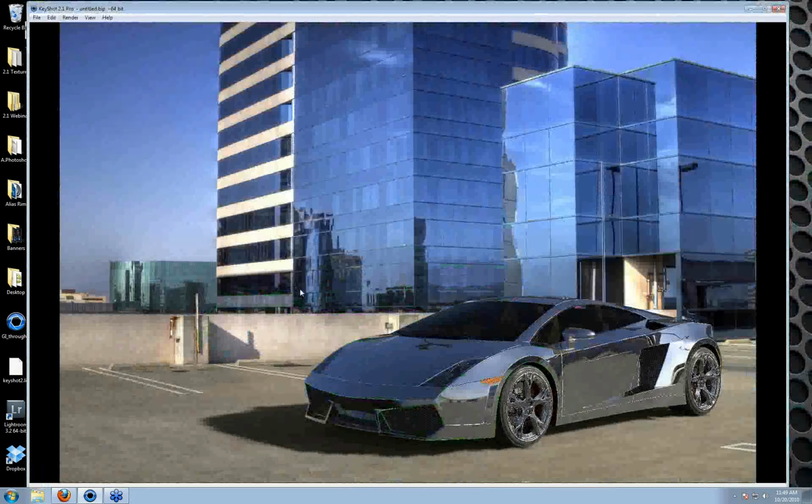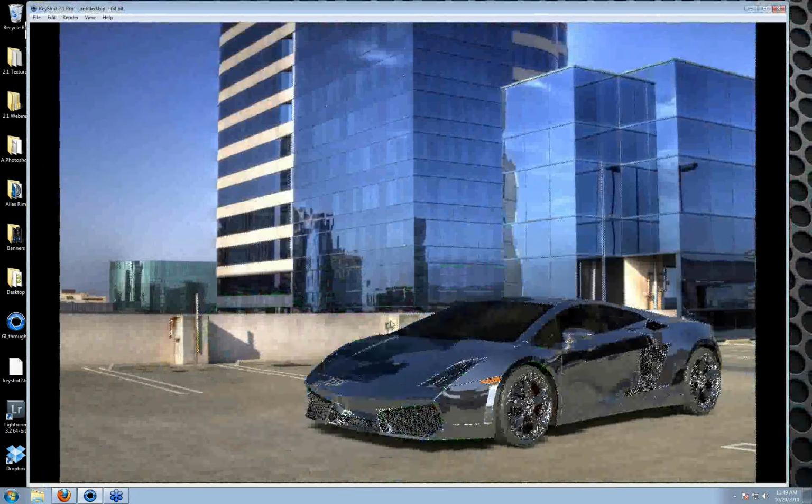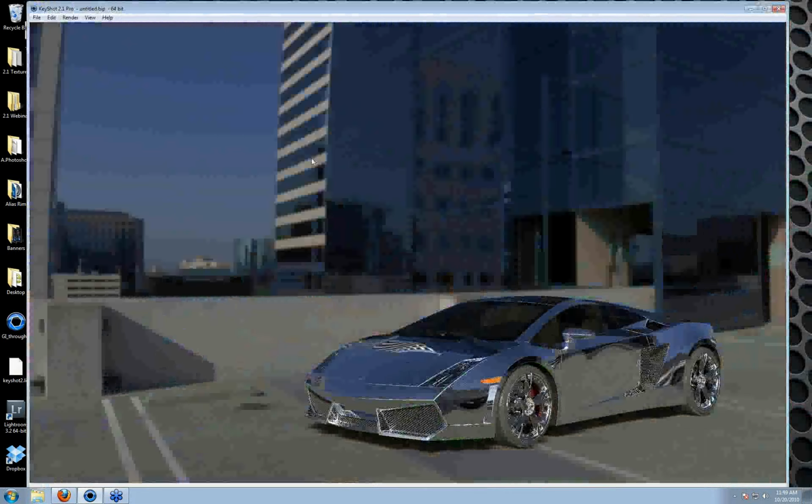Just going to use Control left click, and rotate it around so that I get my reflections and lighting coming in from the right area. Now obviously this building here is a nice reference point for that. So if I press the B key on the keyboard, you can take a look at where that building is. I actually don't have it matched up perfectly. So if I just Control left mouse button, I'm going to put the building about right there,